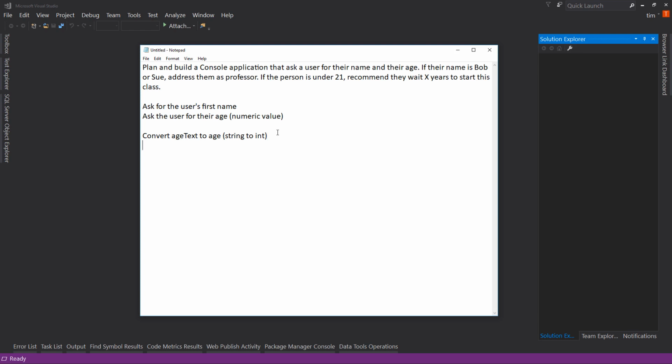So the next thing we need to do is identify if they are under 21. And here's the thing too: if you don't know how to do something like this, like if their name is Bob or Sue, address them as professor, what I recommend is do what you can do and then go back and look at it in this text pad or on a notepad and see if you can fit it in somewhere. So I'm just going to do the if statement for right now. If the person's under 21, because that's the actual statement I need to do. If age is less than 21,